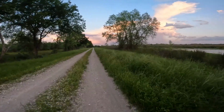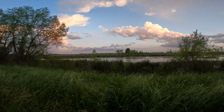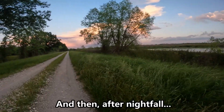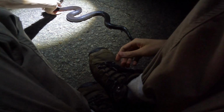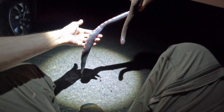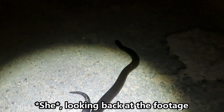So if you listen carefully, the evening frog chorus has begun. And there's a barred owl. Oh, it's been hit. It's been hit, but it's still alive. It's a mud snake. He's just been clipped. Oh my god. Well, the good news is with how he's moving, he might actually survive. We just have to get him off the road, but...